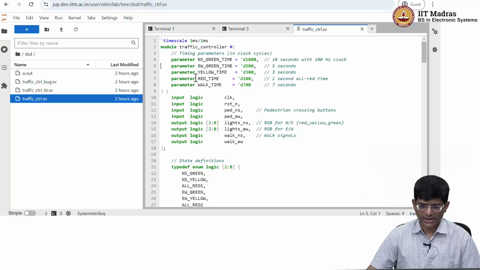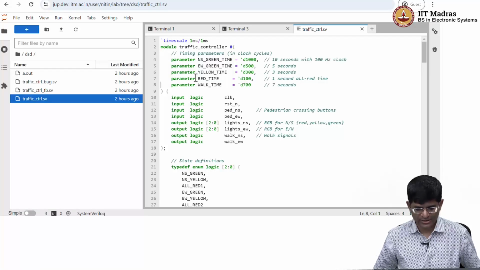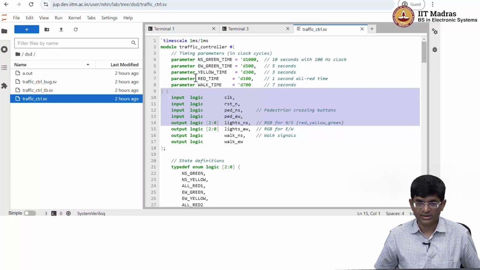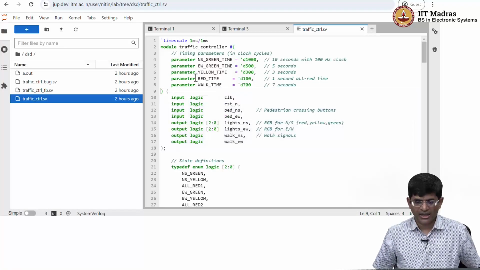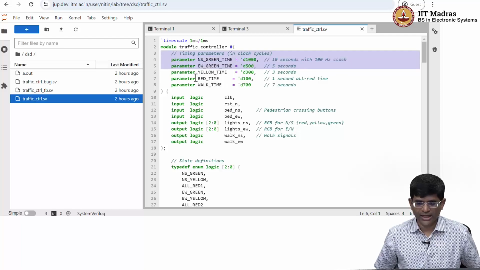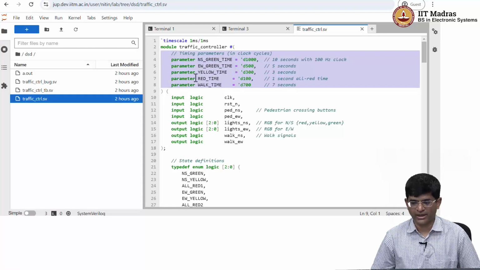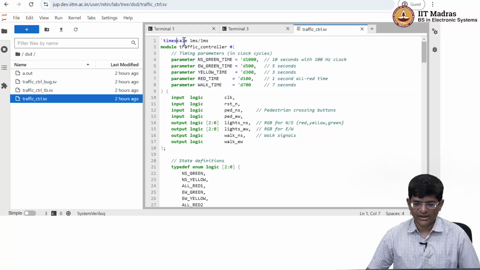Now we already saw the interface, essentially the inputs and outputs that we have over here are defined like this. We have a certain number of inputs, we have a certain set of outputs. But as you can see over here, I have defined a few timing parameters as well. One thing you might notice is this time scale that I have given at the top is in milliseconds, and that's just because I plan to use this with a 100 Hz clock,